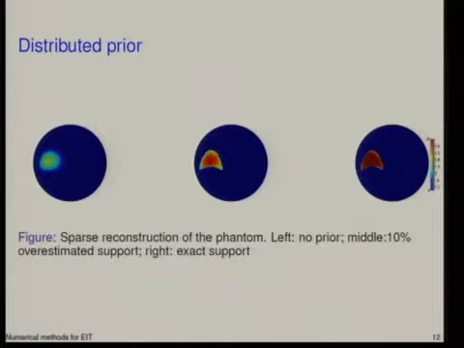The problem is, of course, much simpler, right? Because we know where it is, and we point exactly to that and find it here. So we distribute values inside here so that it fits as well as possible with the data. This is more or less it. Of course, the algorithm could pick something out here as well, but that would just be more expensive, right? So you get nice pictures if you know where it is. This is the bottom line.